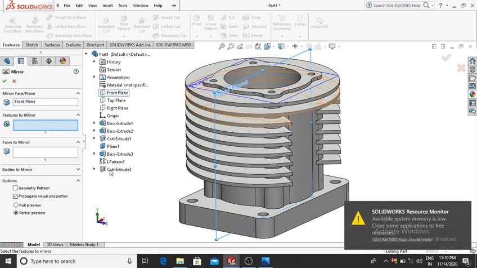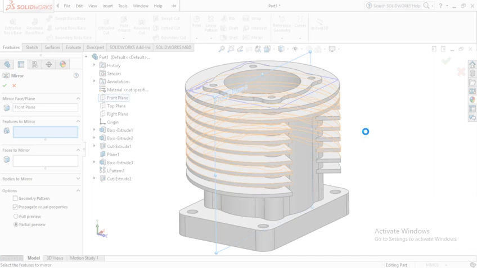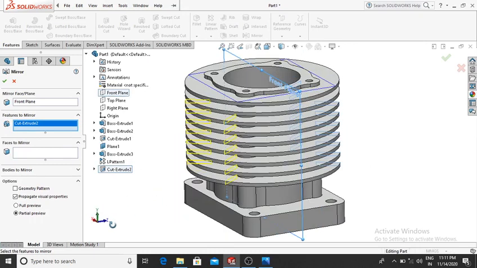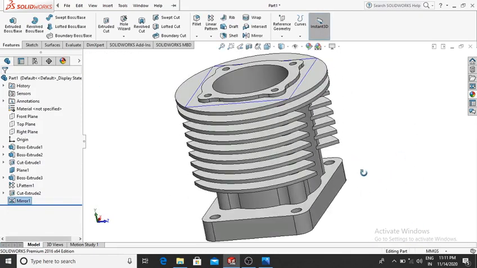So select extrude cut. Now we cut this extra portion here.